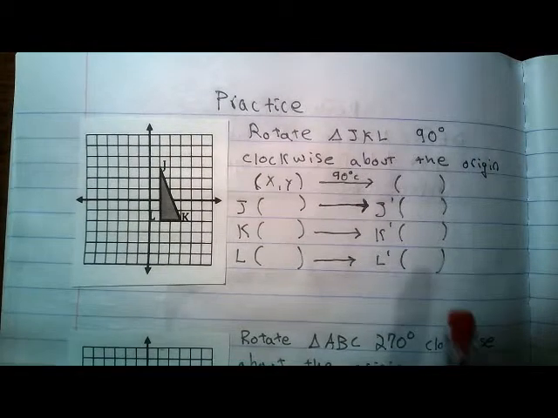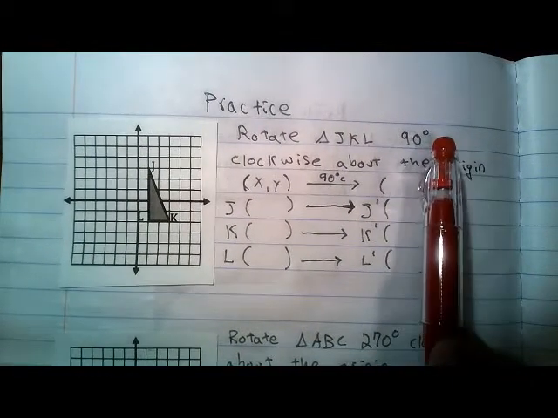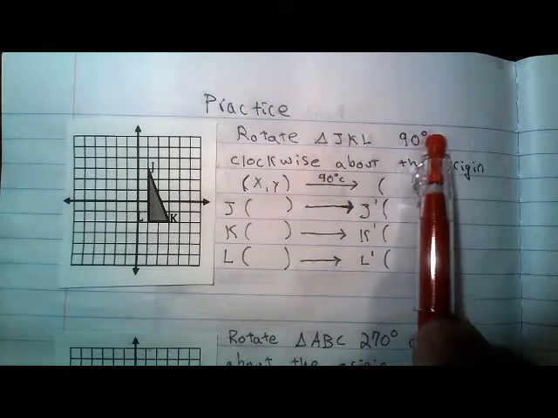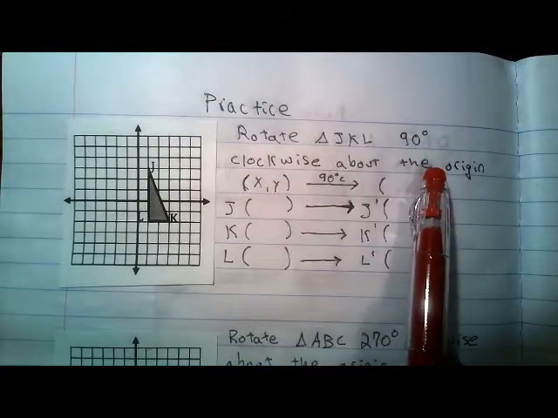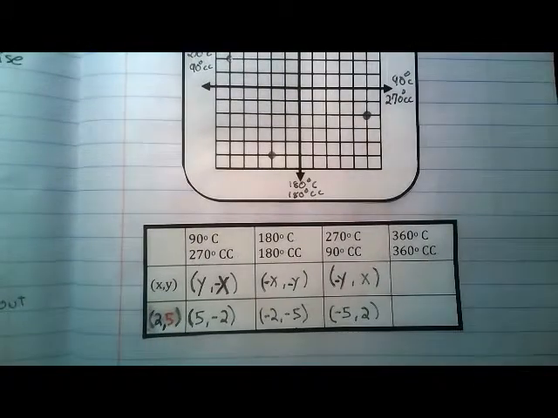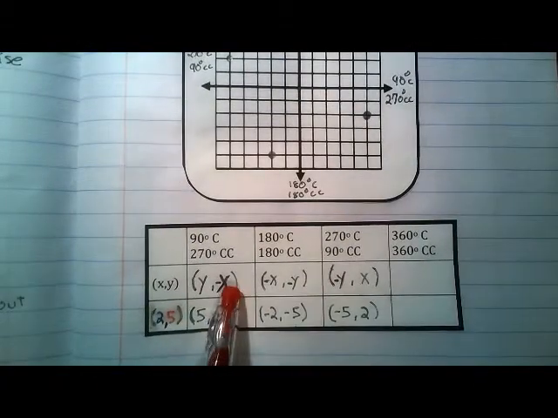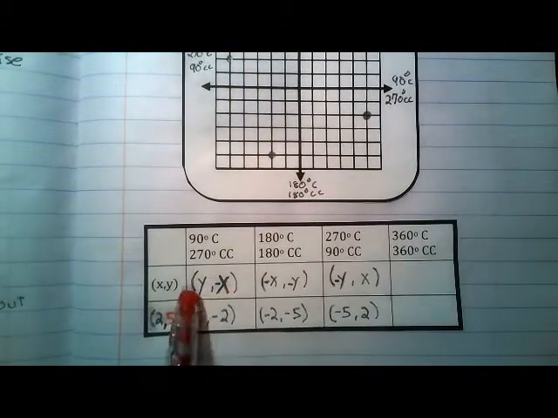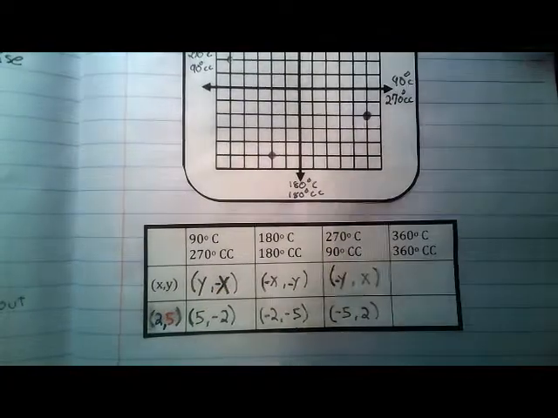I want to look at my notes and think about what is a 90-degree rotation clockwise about the origin. What is the formula for that? So I look at my notes over here, and it's that the y and the x switch spots and the sign on the x changes. So I'm going to show that